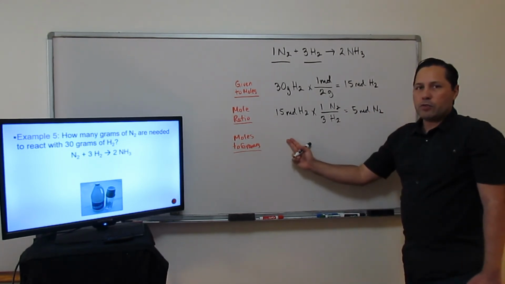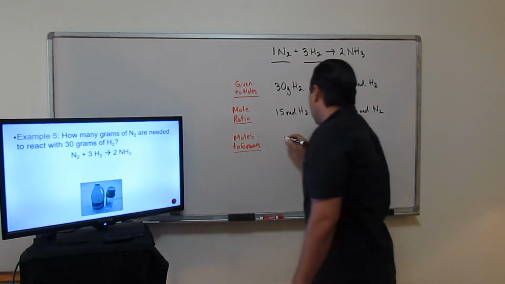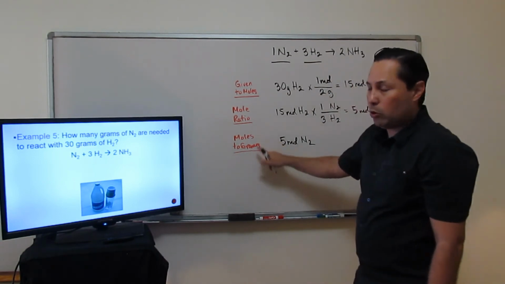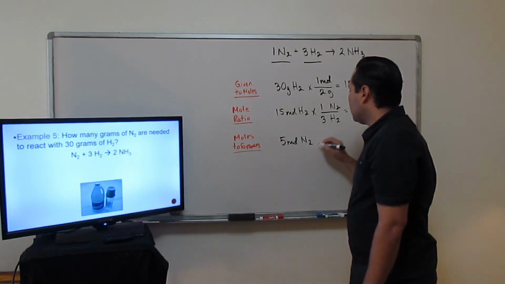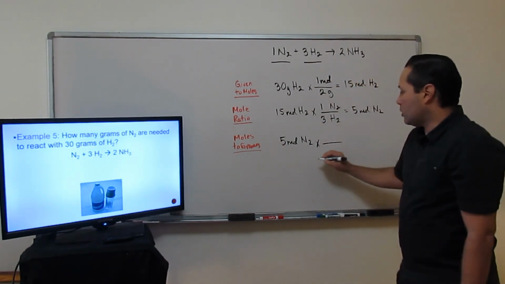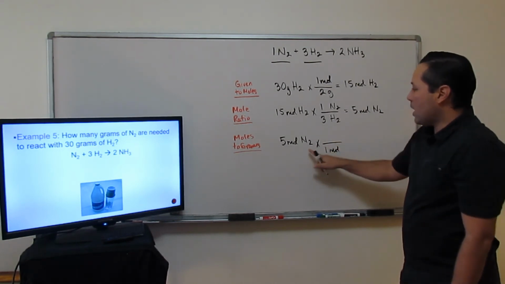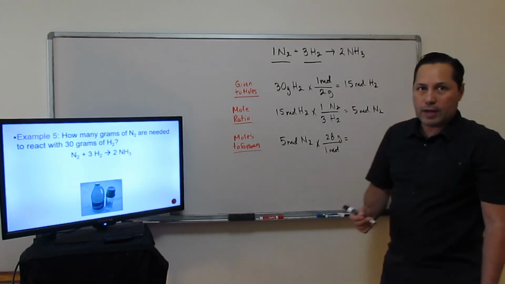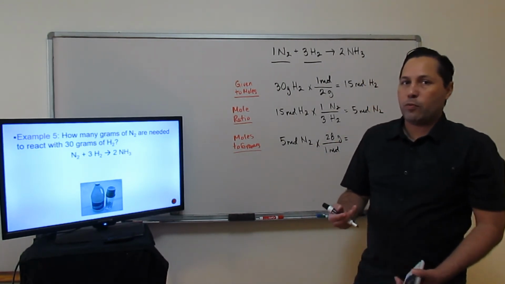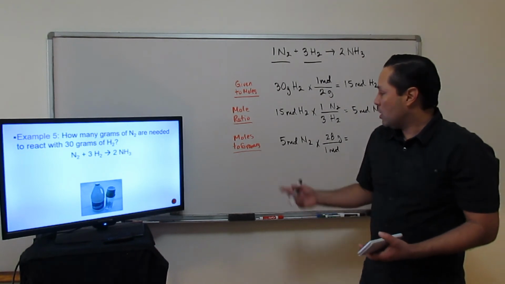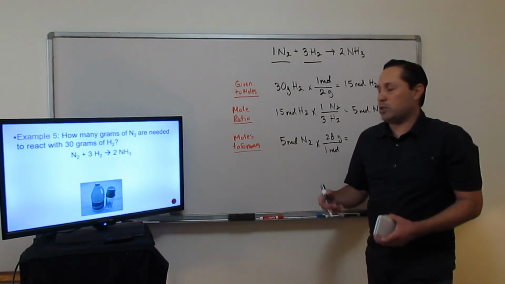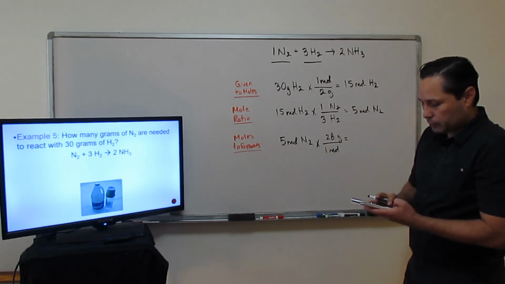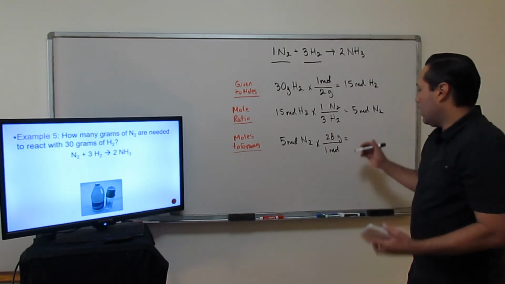Finally, I take my answer from step 2 and rewrite it in step 3. What we're going to do now is convert those moles back to grams, and that's going to give us our answer. So I'm going to put 1 mole on the denominator, and on the numerator is 28 grams. That's the molar mass of nitrogen. Each nitrogen atom is 14, that's the molar mass from the periodic table, and there's 2 of them, so 2 times 14 is 28. So in my calculator, we'll put 5 times 28 divided by 1, and our answer is